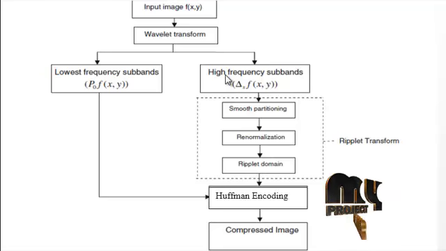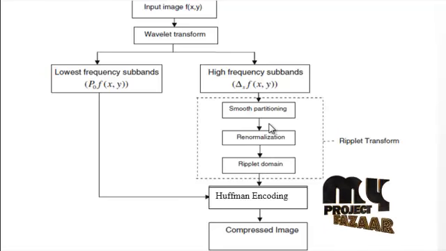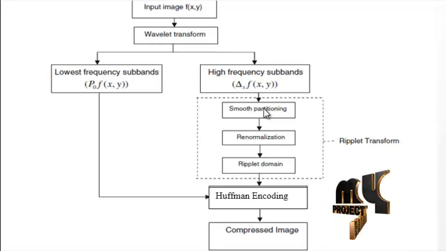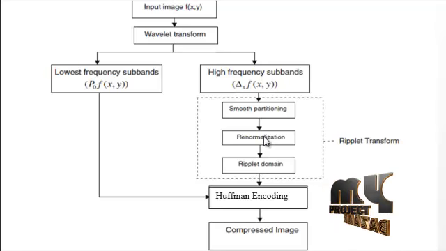Then we will go for a Ripplet transform. Ripplet transform on low frequency, we will be applying in Ripplet. We have three types of works in that: smooth partitioning, renormalization and Ripplet domain. For smooth partitioning, dissect the high frequency band into small partitions by defining a grid of dyadic squares, and then we will apply renormalization. Each resulting dyadic square is centralized to the unit square [0,1] x [0,1], and